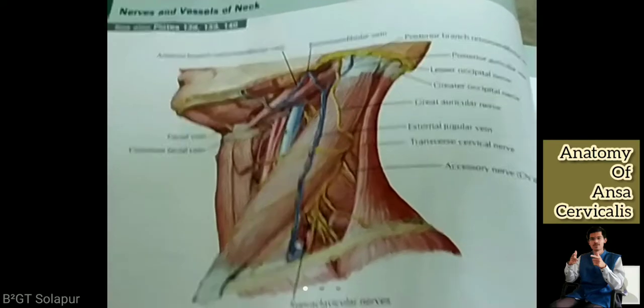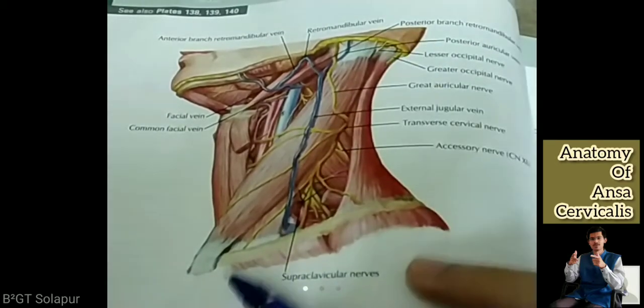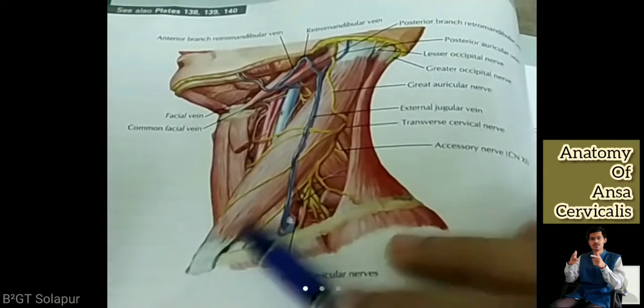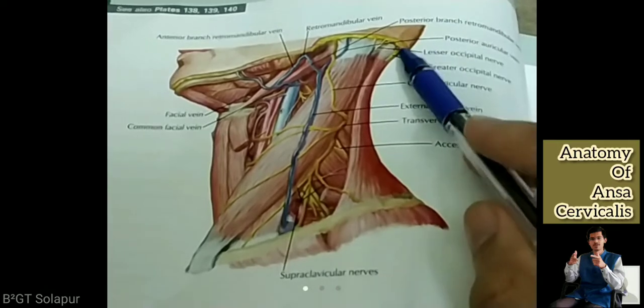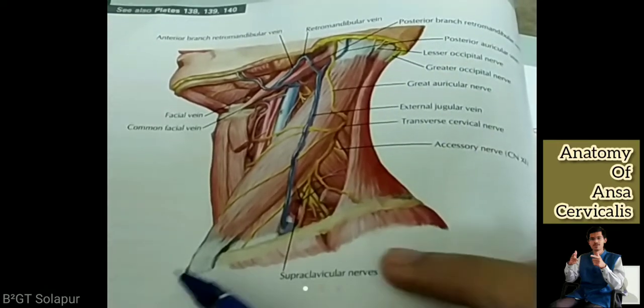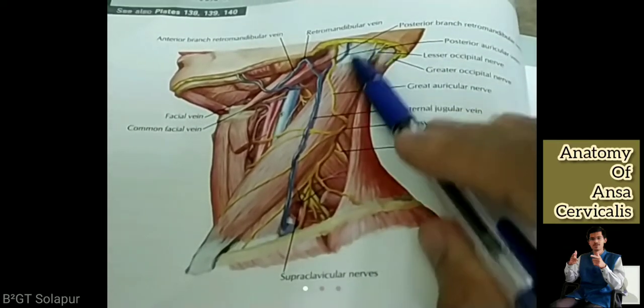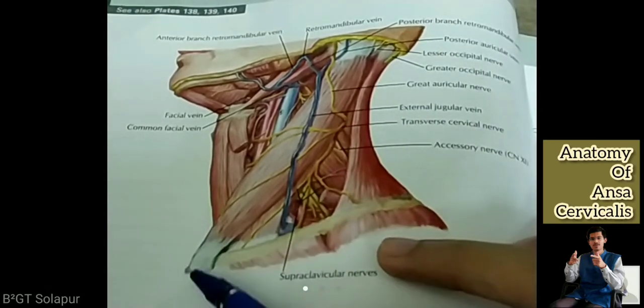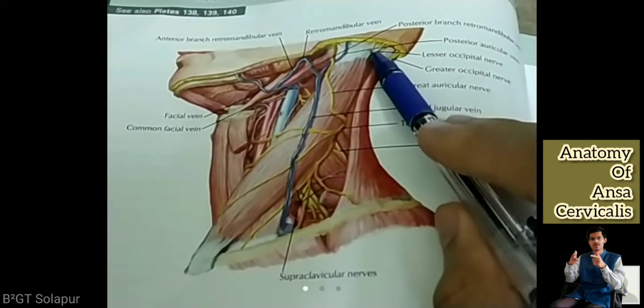We used this diagram yesterday when we were talking about the posterior triangle of the neck. Can you see this posterior triangle of the neck? See, this is the trapezius muscle. This is the clavicle bone. This is the sternocleidomastoid. Can you see, coming from the sternum and the clavicle going into the mastoid?